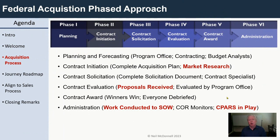And you want to go through a debrief every single time, whether you win or lose, so you can learn. There's so many values to it. You learn more about it in other training I've done, but this is the time to find out how our proposal was when we submitted it. We thought it was great. What did you think? And then the administration is just the work being executed